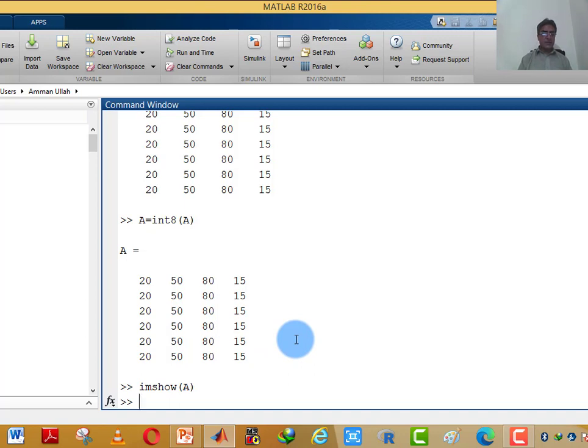We can get the number of rows and columns from MATLAB by using the size command.